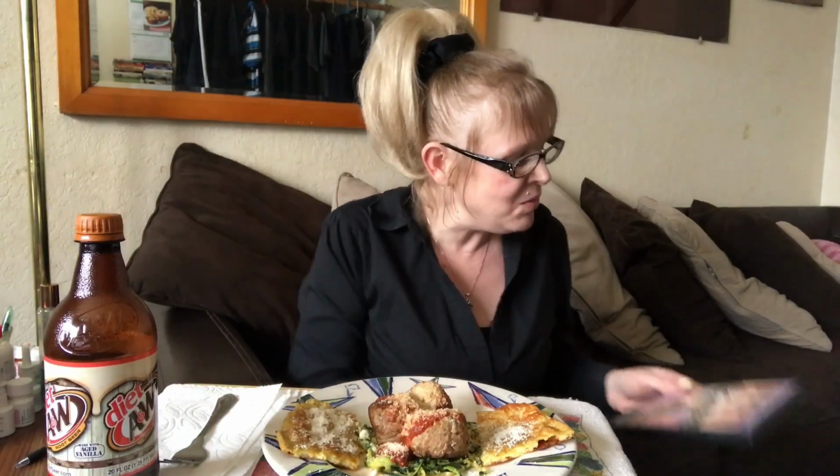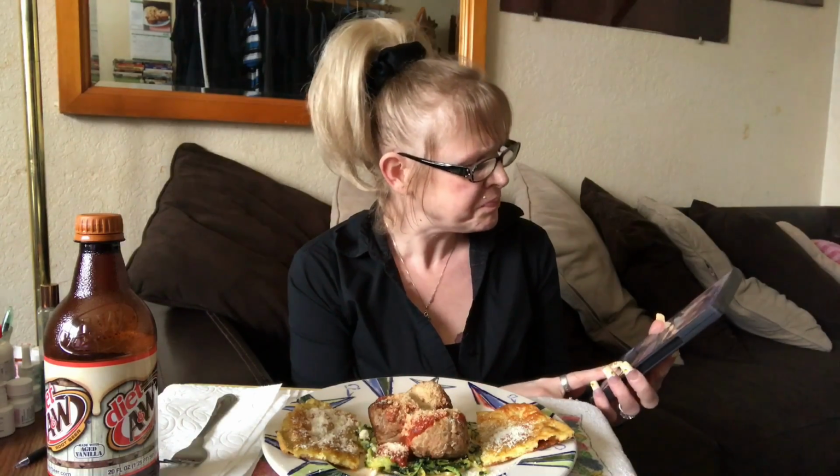And then I am drinking it with diet root beer, A&W, my favorite. And then we are going to watch the movie called The Identical. I don't know if you've seen this movie before. It's pretty good. It's got Seth Green, Ashley Judd, Joe Pantoliano, or I'm not sure how you say that, Blake Ryan, and Ray Liotta. And it's got some great actors in here, and it is called The Identical, and it's based on